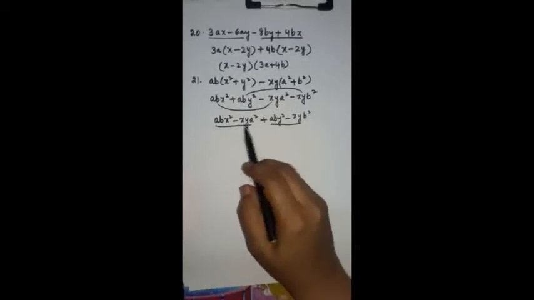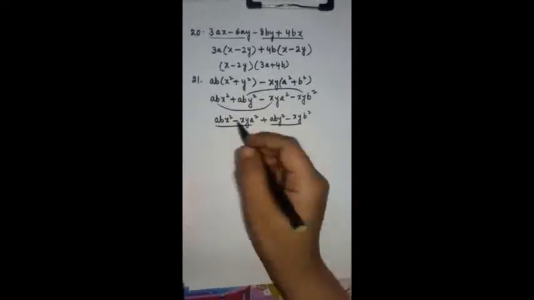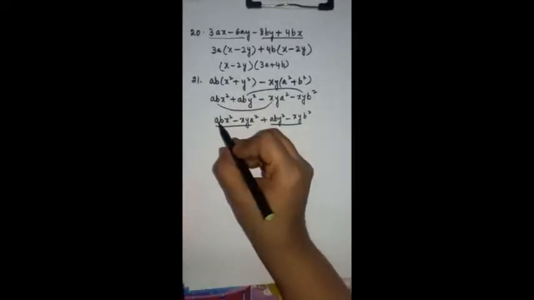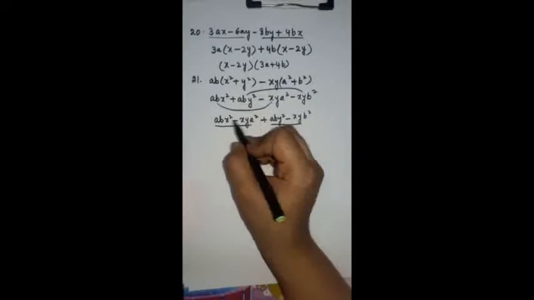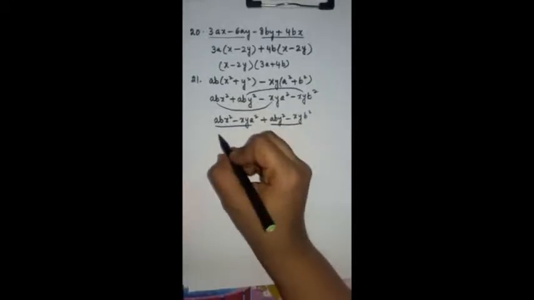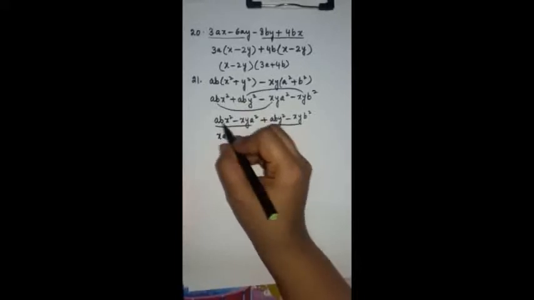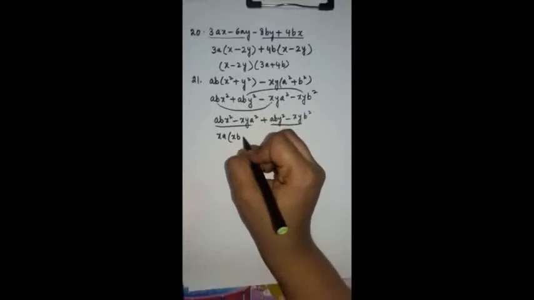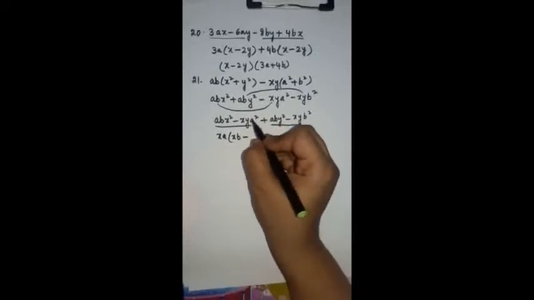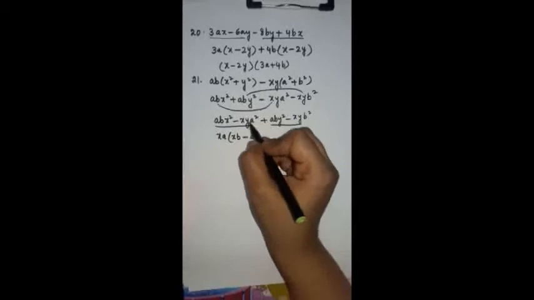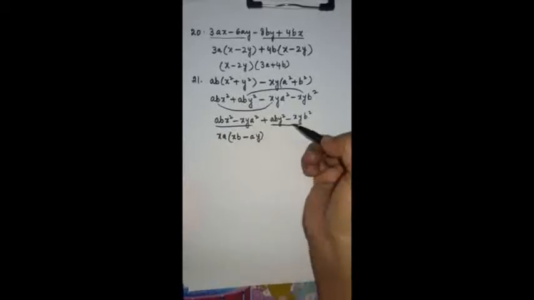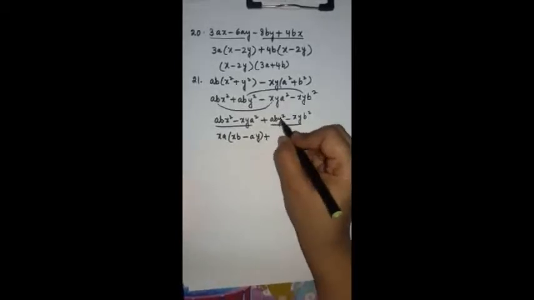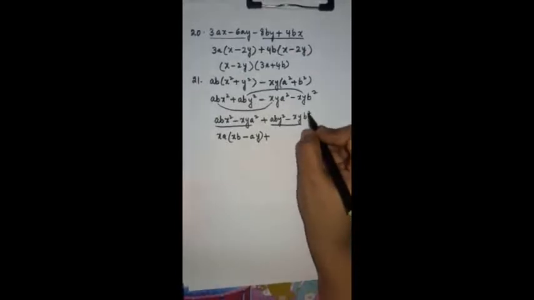After we take these as groups, abx square minus xya square, out of this what can you take common? Here a is there, here a is there, a square. Here x square, here x. Can we take xa common over here? x and a you can take common. After I take xa common over here, what is remaining? One x is remaining, one b is remaining. Then minus, over here also a square, one a we have already taken. So a, then y is not there, so let us take y.